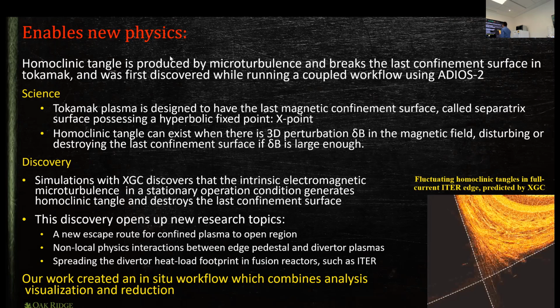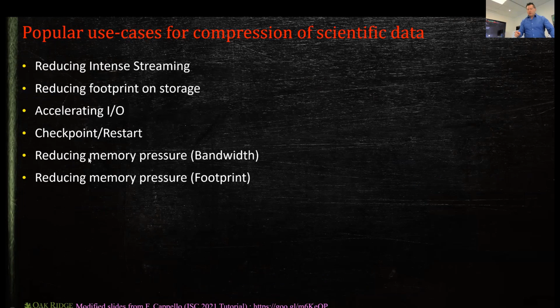And what we were able to see is on the image. I'm not going to try playing the video because of all the computer issues I've been having right now, but essentially we're able to see new physics because of this. So what was really nice is that as we put in more advanced features from what we had with ADIOS, all of a sudden we saw things that we never saw before, that was then validated with an experiment, which then leads to more physics papers that we're getting out. So the hope is this will work.